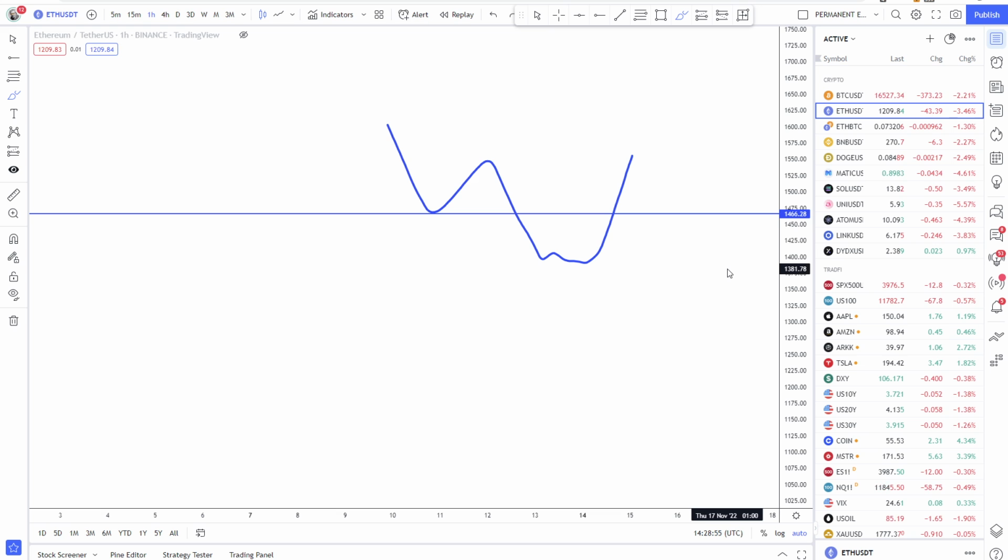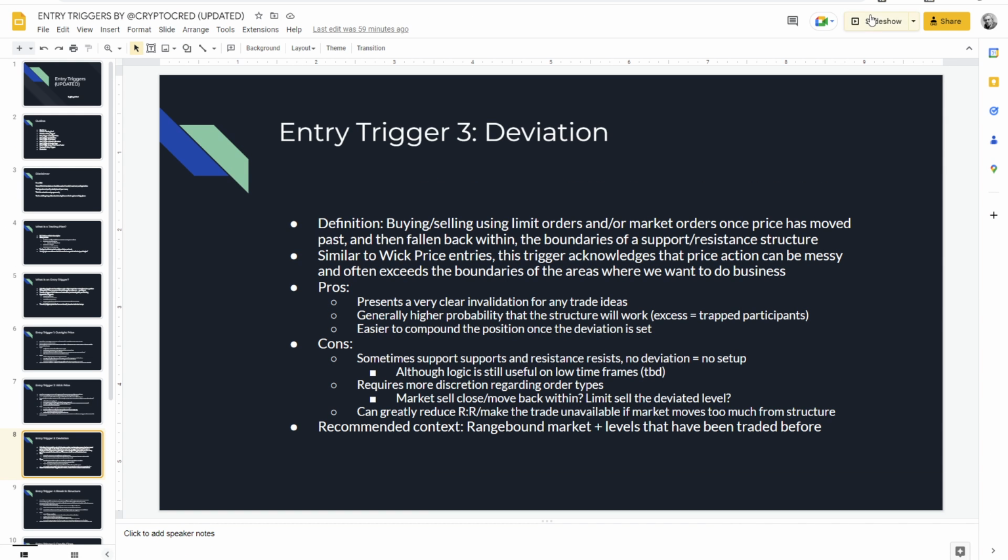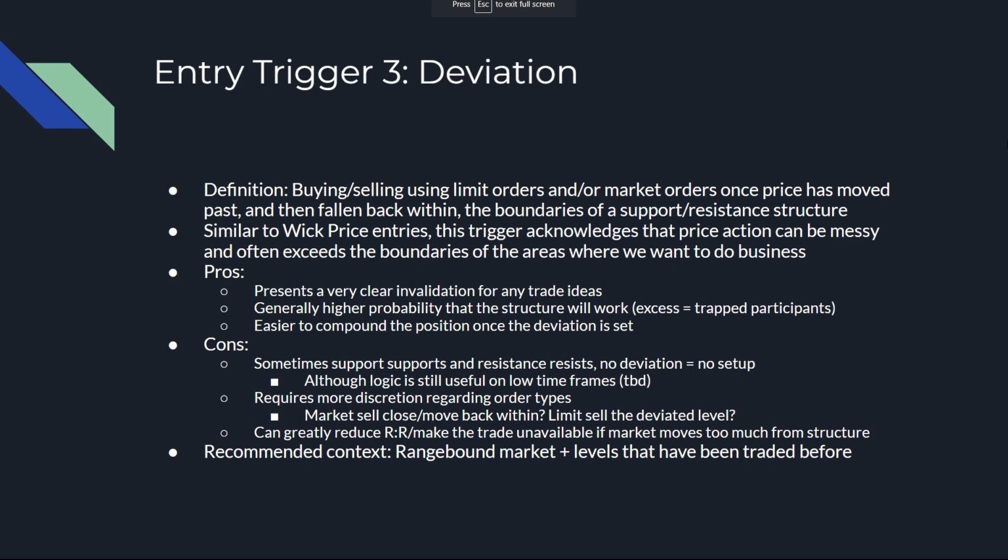What about the market order? What's the impact on risk reward on my setups of using market orders versus limit orders? How displaced does price get from the original level where I want to do business? All these things are for your trading journal, but that's just one of the cons worth considering: just because you identify a deviation, it doesn't guarantee a way of trading it, right? You still have to get in once the market's shown you that, hey, support is still support or